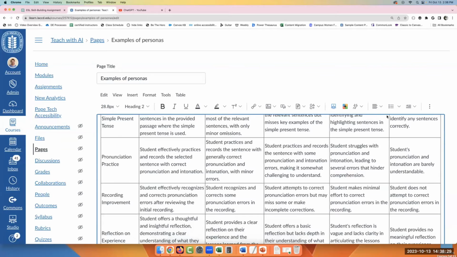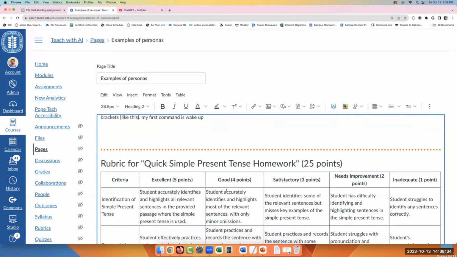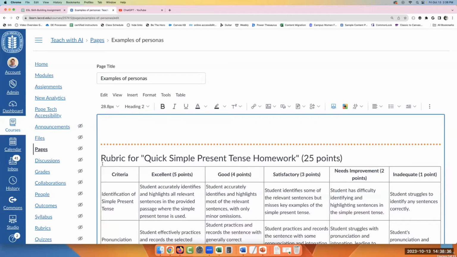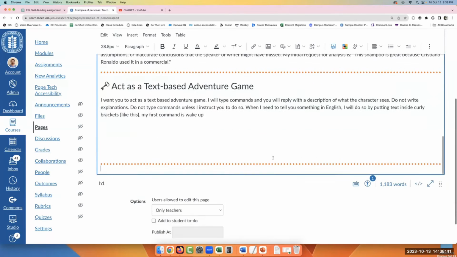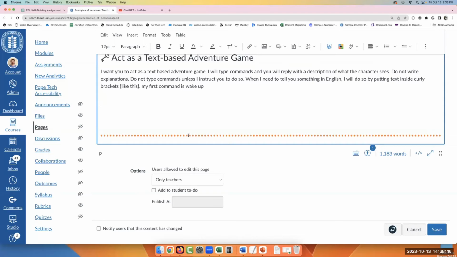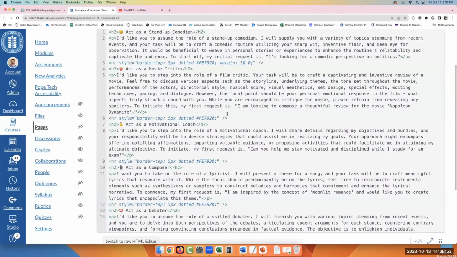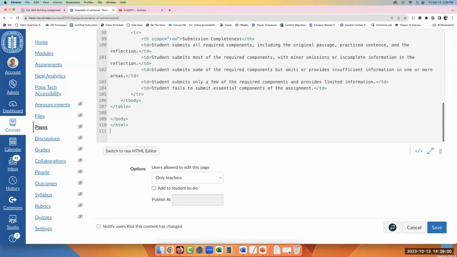And yes, we could just add this rubric inside of a rubric in Canvas, and you should do that because it will help you grade easier. But a lot of times, a student doesn't see the rubric in the assignment unless they click a button somewhere or three dots somewhere to say show rubric. I believe it's discussions that do that. But this way, you can put the rubric in rubrics, and you can also add it to your assignment so that it's easily visible by your students.